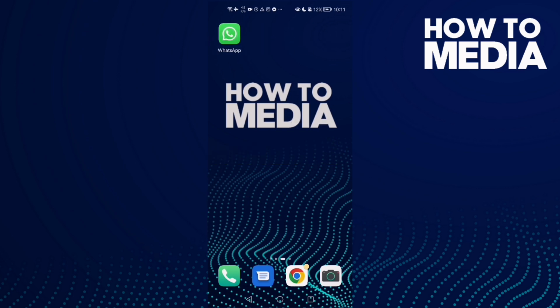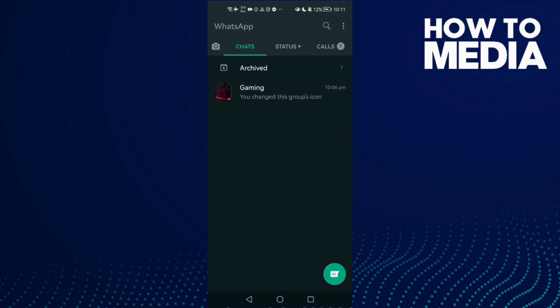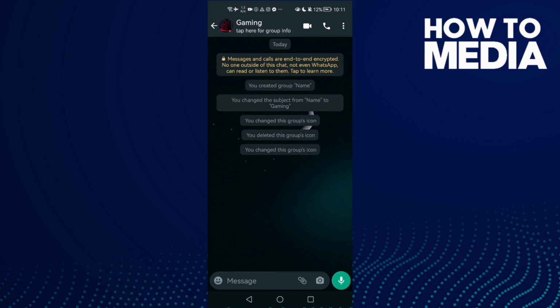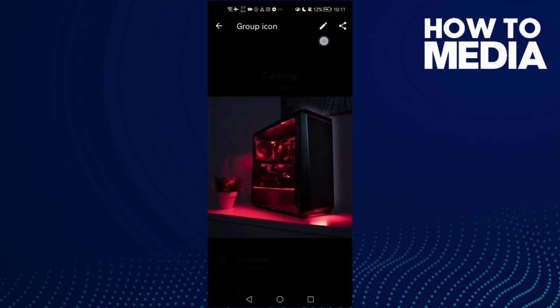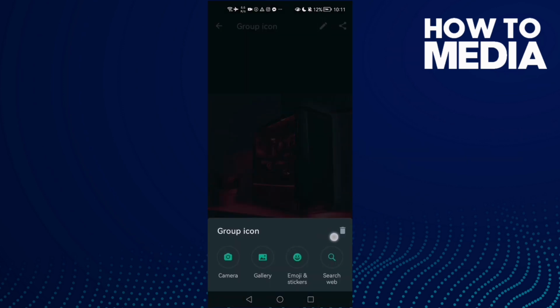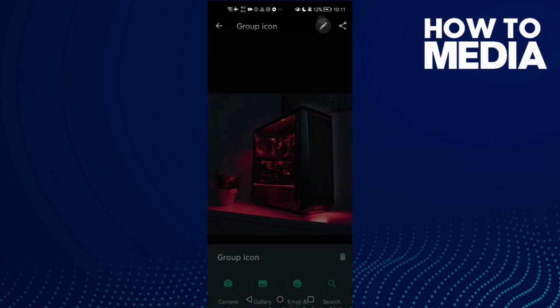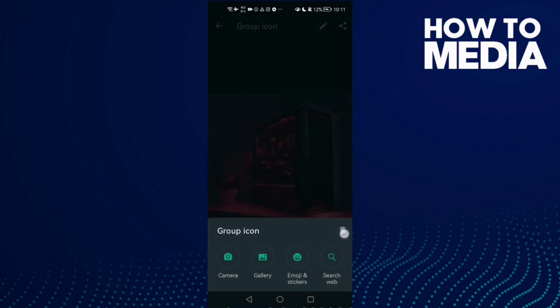First thing, go to WhatsApp and here you will find any group you want, like this one. Just click on it and then click on the group profile here at the top, and here you will find this one, group profile. Just click on it and click this pen at the top, and here we'll find this icon here. Just click on it and click remove,